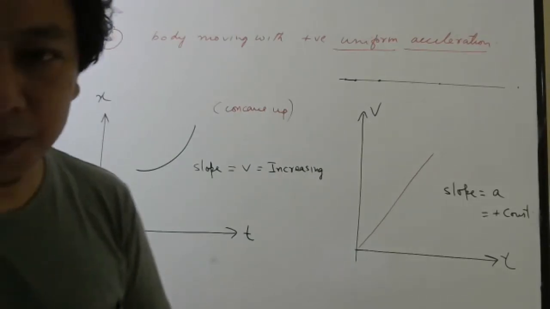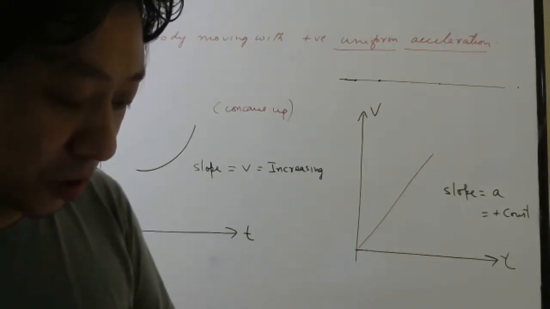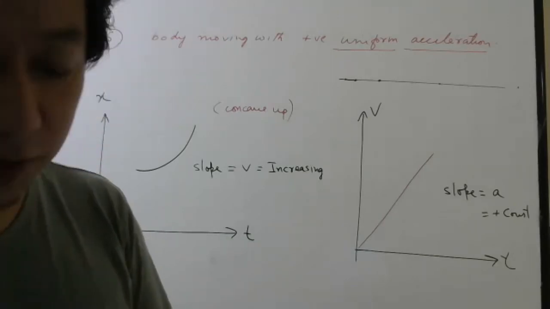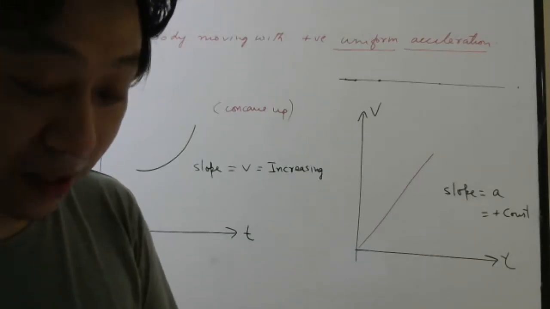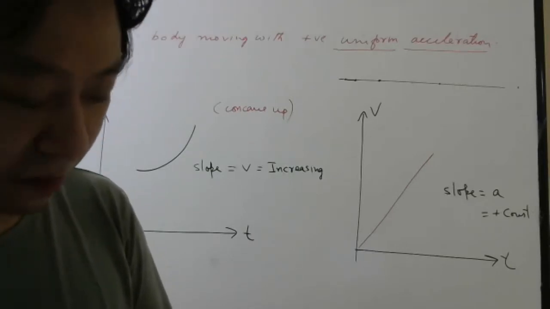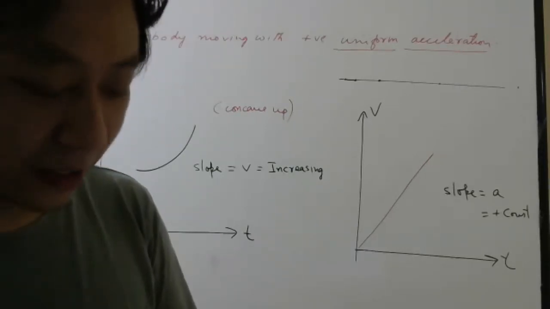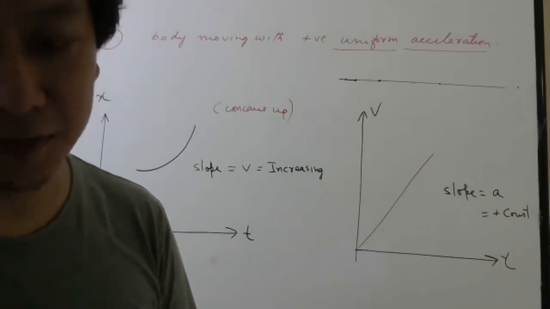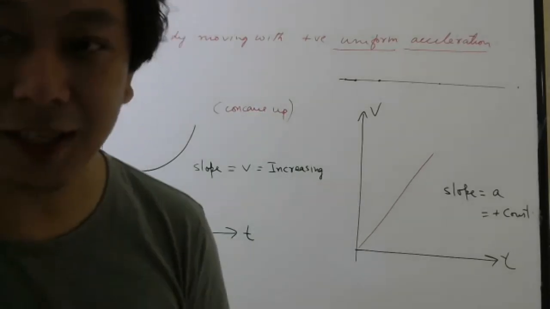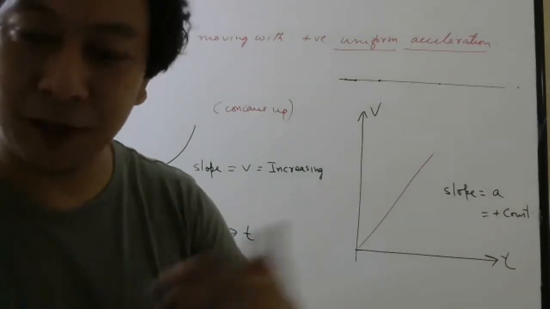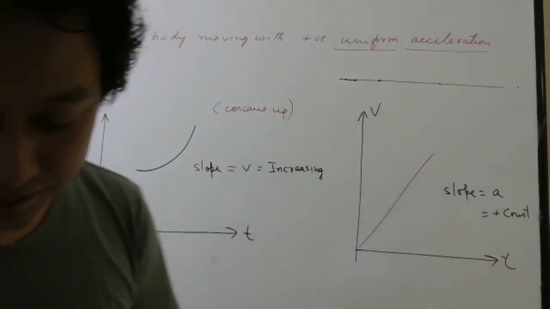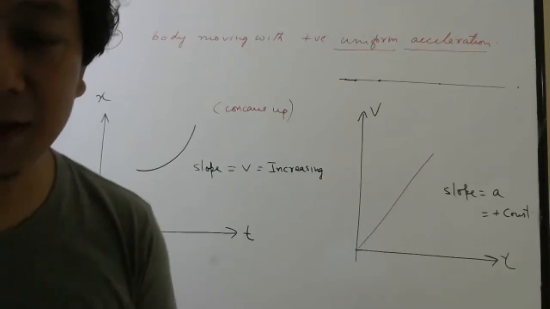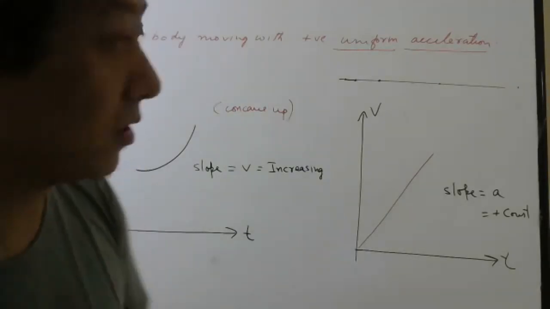In the 7th question, make a little change. Draw xt and vt graphs for a particle moving in a straight line with negative uniform acceleration. In brackets, you should write: take velocity to be positive. Because if both are negative, it will again move faster only. Faster we have done. Now we want to do slower. So in brackets, write take velocity positive.